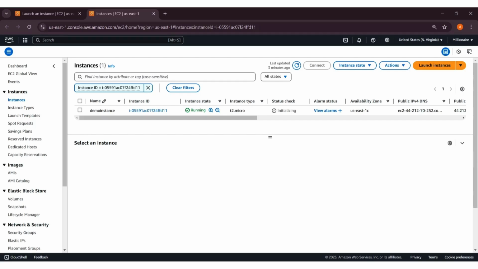So this is very useful for highly available setups, like when you need to migrate traffic to a backup instance, or if your service needs a fixed IP address, especially when you are setting up DNS records or configuring firewalls